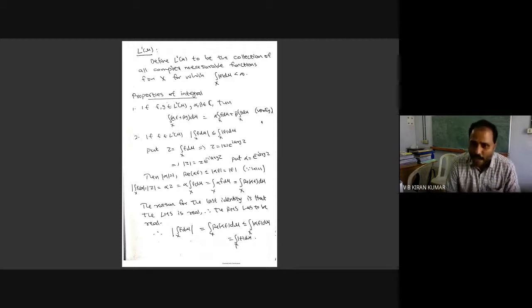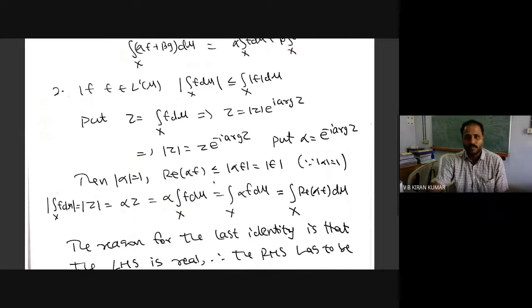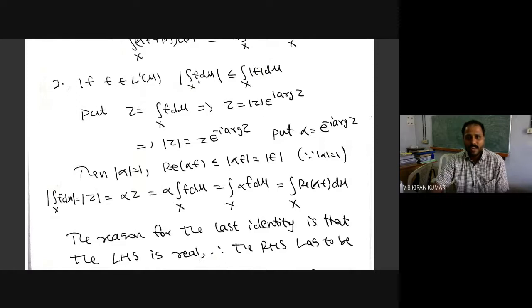And another very important inequality is known as Jensen's inequality. In fact, this inequality is more or less familiar to all of you. The absolute value of the integral of f d mu is bounded by the integral of the absolute value. So when you take the absolute value function inside, you have this inequality. In fact, Jensen's inequality is valid for any convex function. Instead of the absolute value function, you can use any convex function. Let us see the proof.